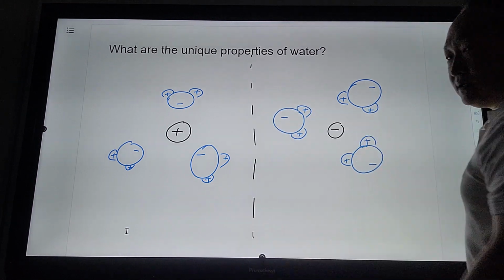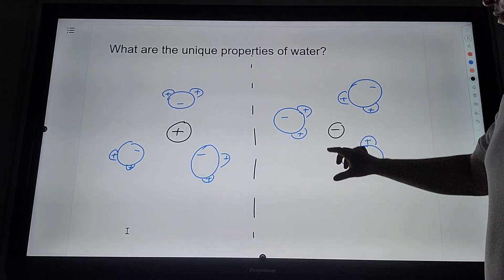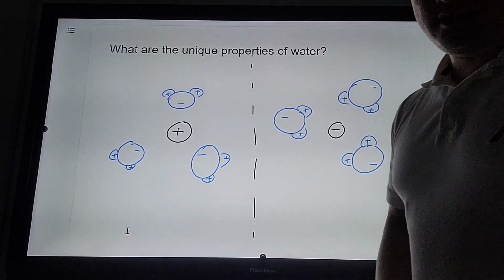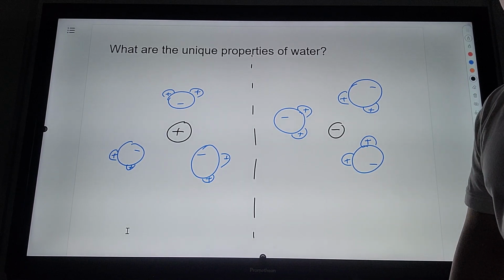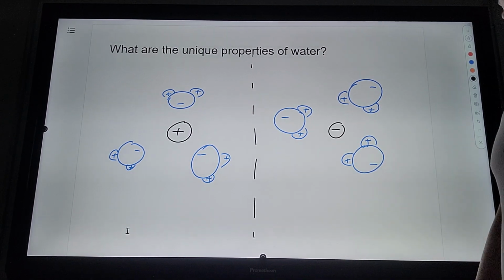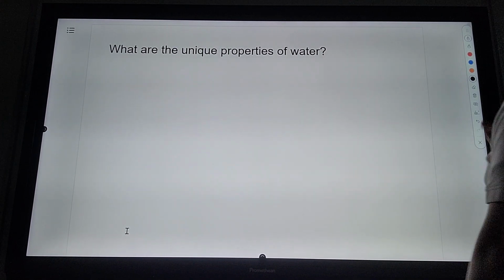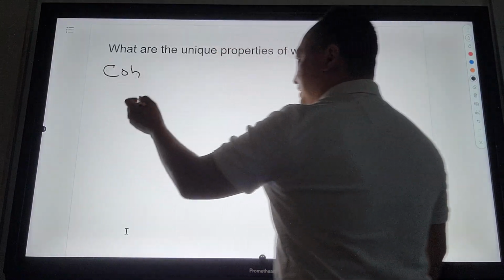All right, so a common test question might draw an ion and then give you some diagrams where the water molecules are arranged incorrectly, and maybe one of them is correct, and you'll have to choose which one is correct. All right, notice the opposite charges are facing each other. All right, so the next property we'll take a look at, and these are not in any kind of order,